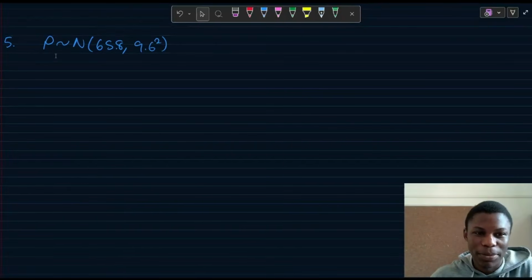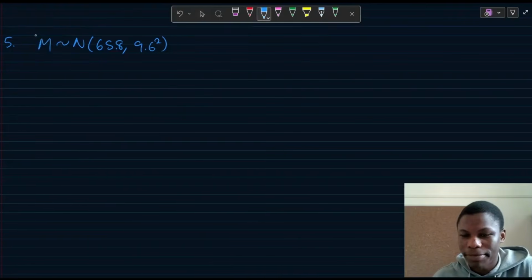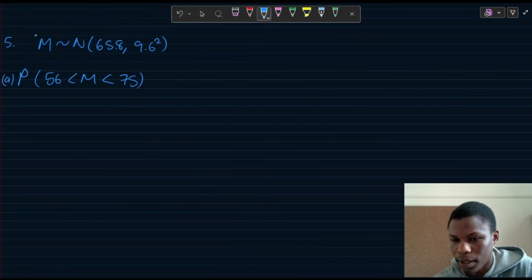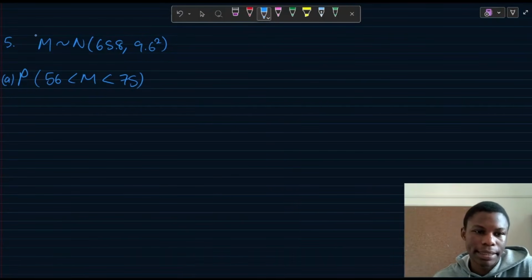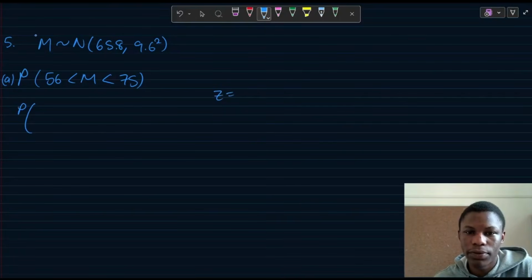Actually, I'm going to change this from a P because I don't want to be writing the probability of P. Okay, so it says find the probability, this is part A, that our mass is between 56 and 75. The first thing is to standardize. Remember your formula for standardization, x minus mu over sigma. So 56 minus our mu, which is 65.8, over sigma, which is 9.6, is less than